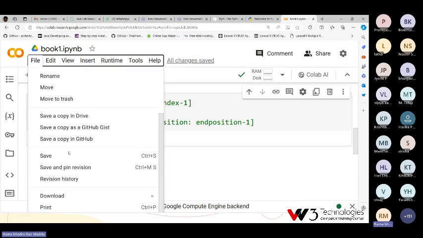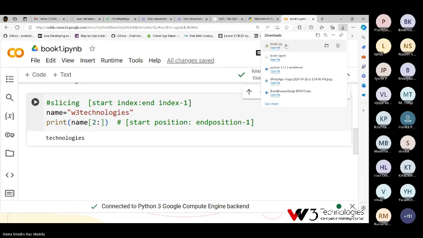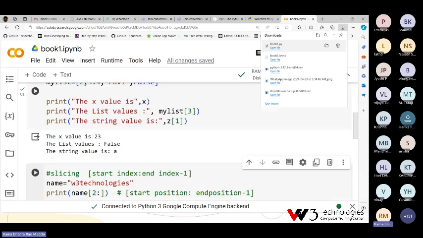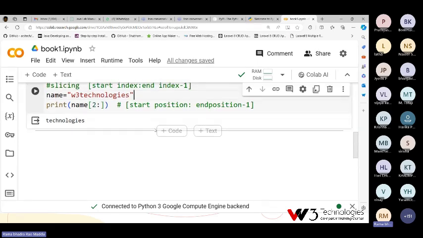Otherwise, you can download it as .py Python code. And you can comment everything. So without any pressure on your system, wherever you go, it is connected to your Gmail. That's why you can reopen, practice, and see the outputs, everything will be available in this one sheet. That's why we are using a cloud environment.